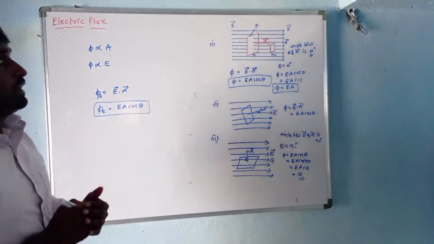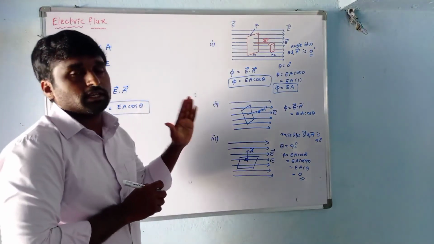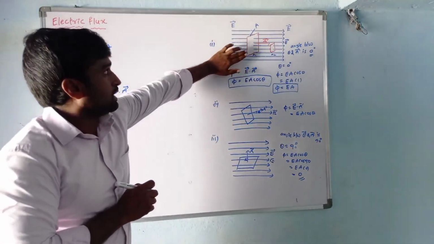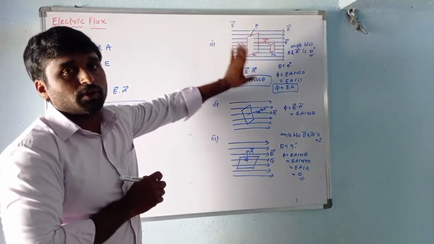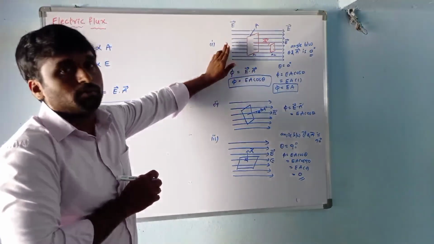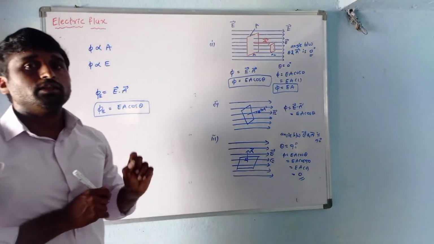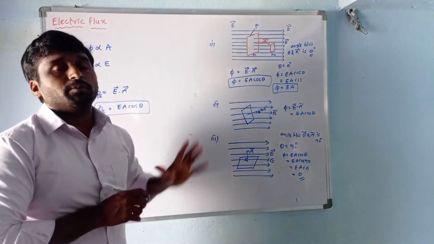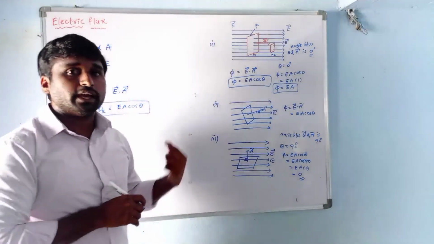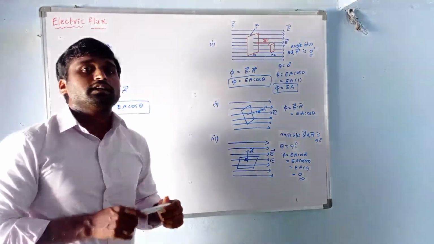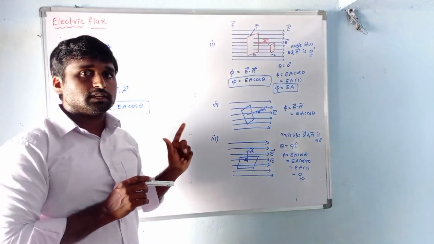In this video we have studied what electric flux is. This is a uniform plane surface, a regular body, in a uniform electric field. When we take a non-uniform body in a uniform electric field, how can we calculate the electric flux linked with it? We will see about that in the next video.